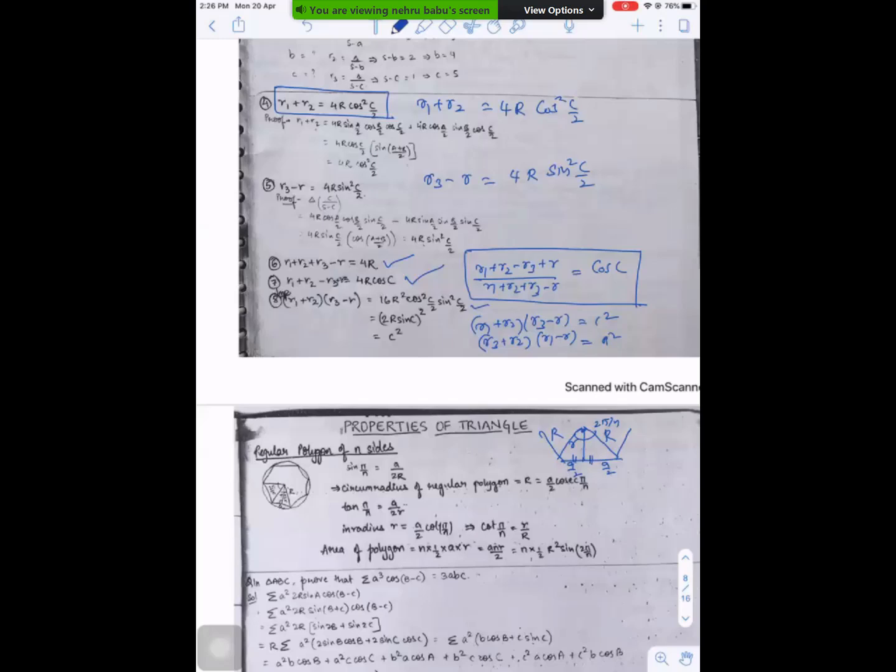Results related to altitudes we'll also discuss here. Altitudes means lengths? Yes, that also. Continuously notes, everything is there. One by one we'll discuss. If time is there, today we'll complete. If it's not there, tomorrow we'll discuss. It depends on time. Still just 8 pages are over out of 16 pages. If you see here, very few problems I discussed. Total theory only is there, if you observe. Okay, can I go to next?